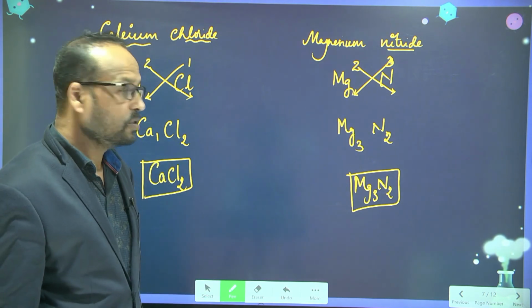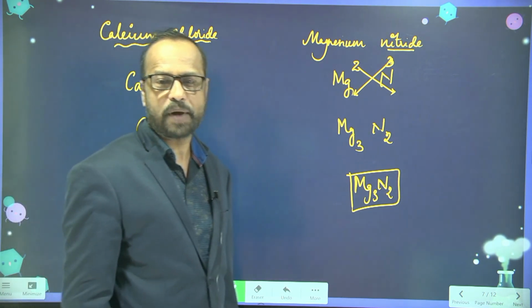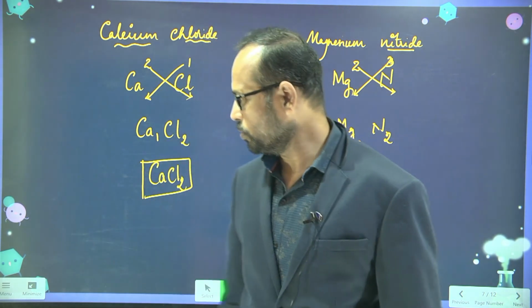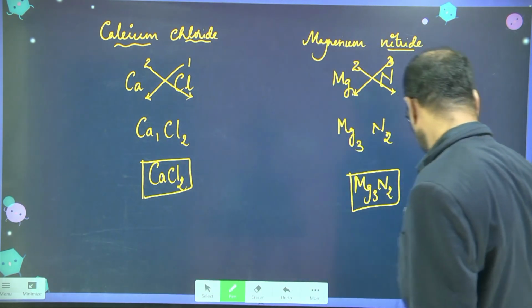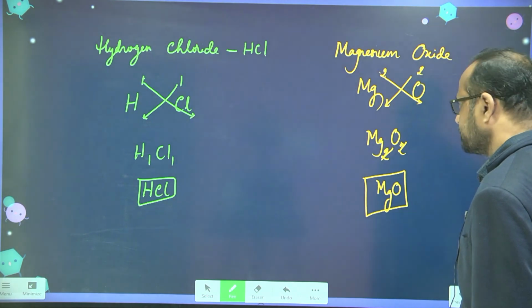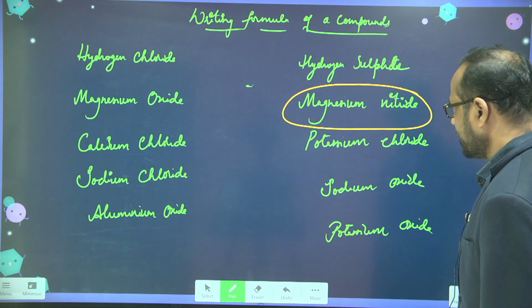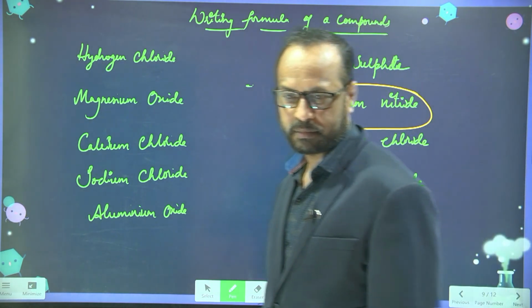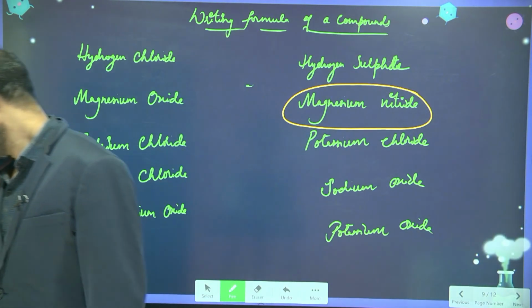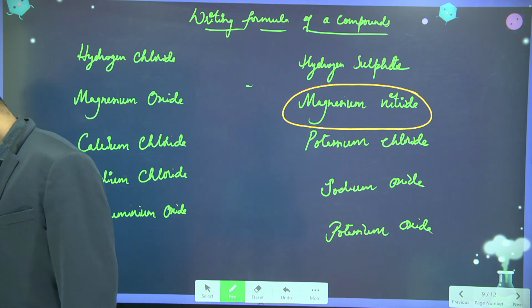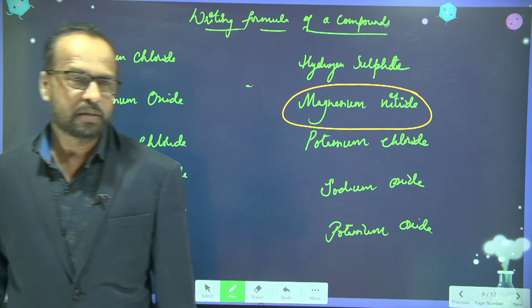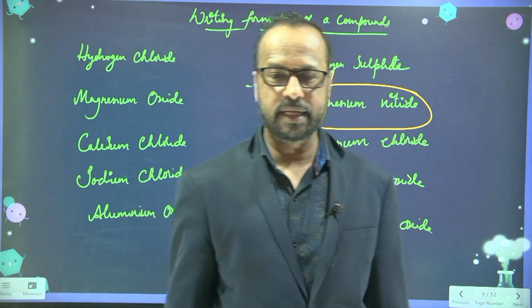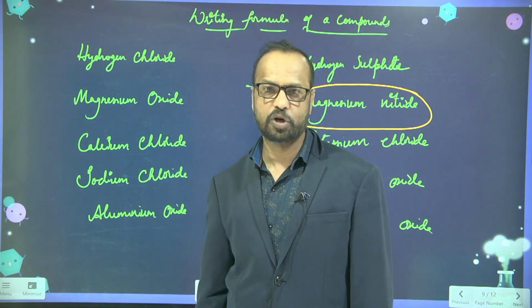Okay students. So in this way you have to practice the formulas. So many formulas here I give. All these formulas you need to practice. Here I give 10, these 10 formulas you need to practice, students. Okay, so in the next class I am going to discuss the next topic. If you are perfect in writing the formulas, then we go to the next topic. Okay.